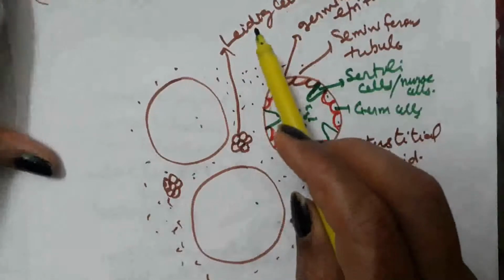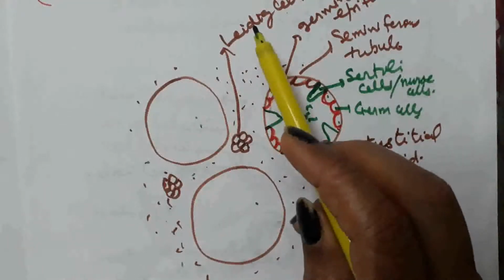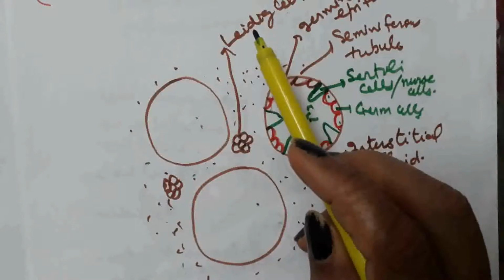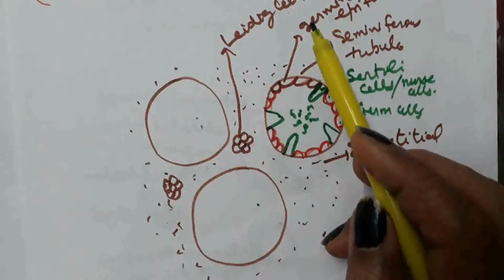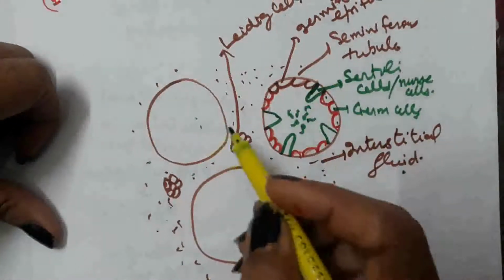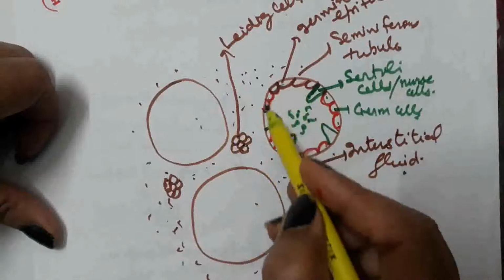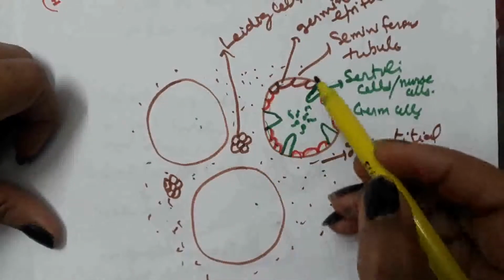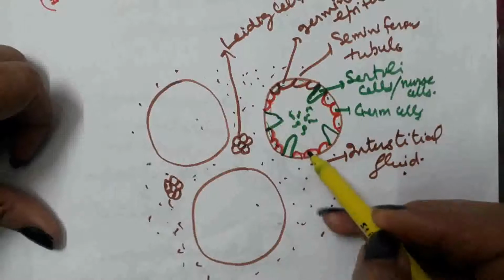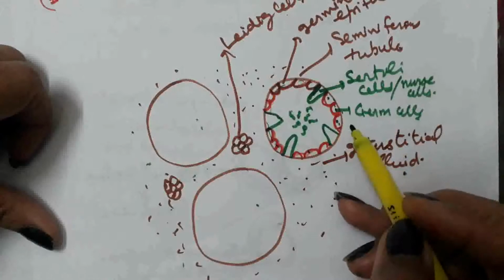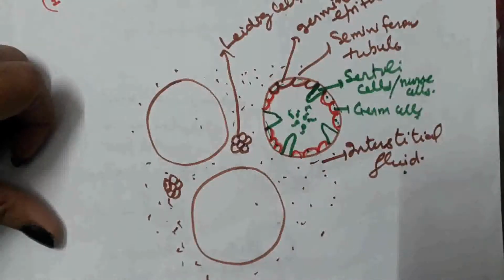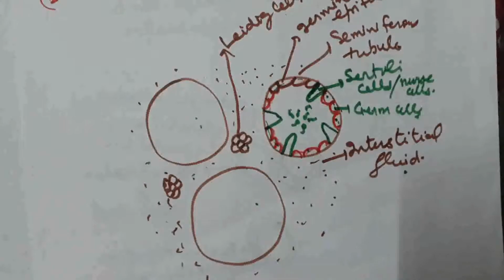Why do we call them endocrine cells? Endocrine in function, as they release the male sex hormone androgen into the blood. The seminiferous tubule is lined by the germinal epithelium. Two types of cells are present in the germinal epithelium. One type is the cuboidal epithelium. These are the germ cells which participate in the process of spermatogenesis, that is the formation of sperm. In the germ cells, meiosis division takes place and the male gamete sperm is produced.